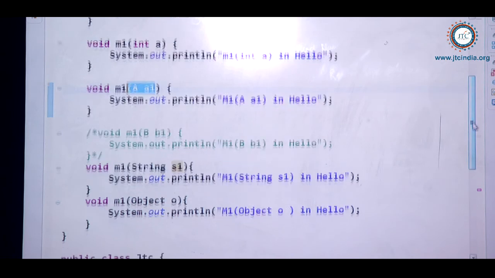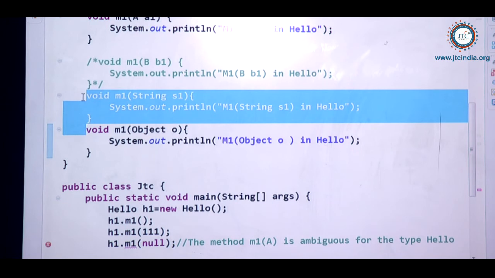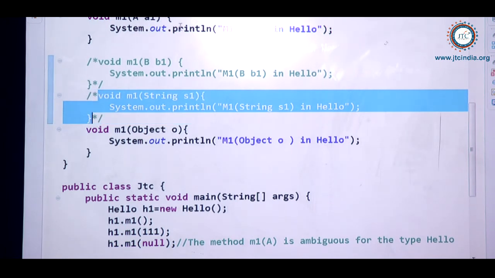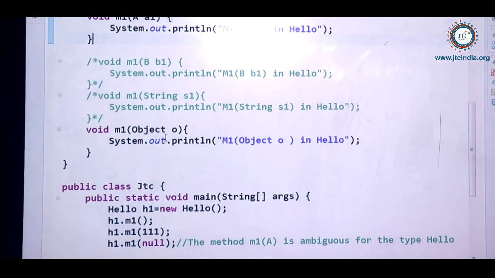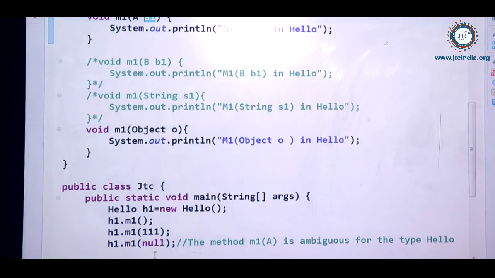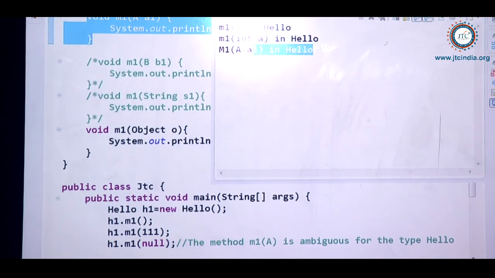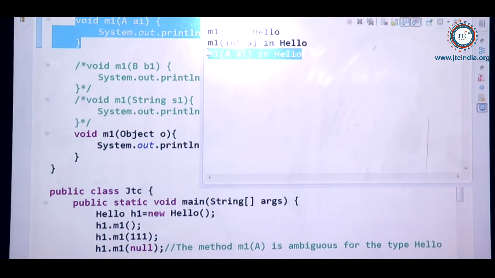If that is the question we have here, then suppose I comment out this line also. Now, out of Object and A, there is a relation between the Object class and the A class, because for any class, the Object class is the superclass, and the A class is the subclass. So preference will be given to which class now? A. So now this is going to be called. So the preference will always be given to the subtype of the method parameter in this case. Hope you understand the output in these cases, right?